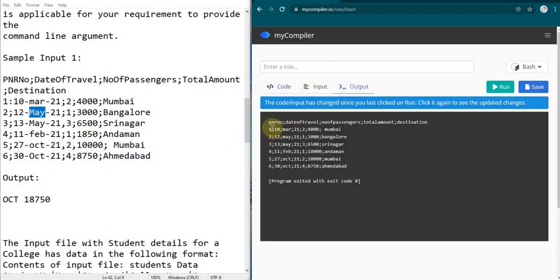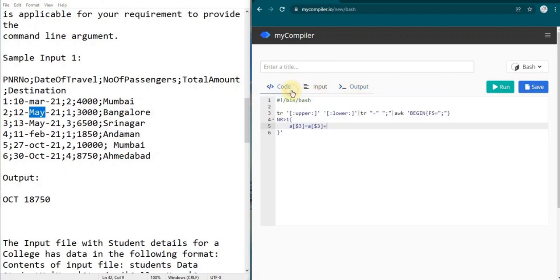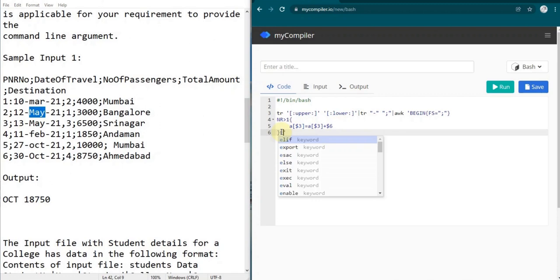Here the column names will come as $1, $2, $3, $4, $5, $6. So now I'm going to add $6, and now you can see I have added the $6. So now I'm going to the END part,